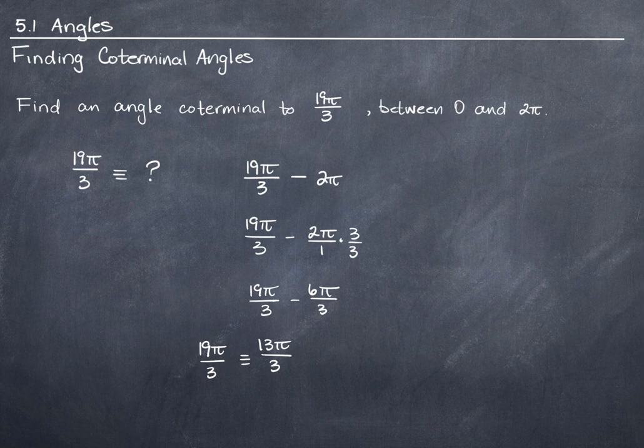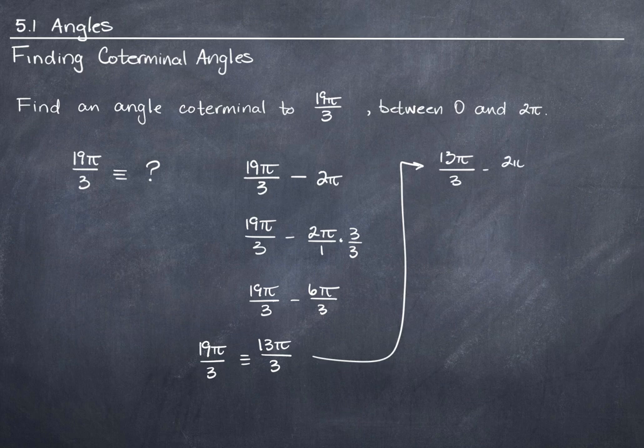But is 13 pi over 3 less than 2 pi? Well, 3 goes into 13 at least 4 times, because 3 goes into 12 4 times. So this number here is greater than 4 pi, right? And we need it to be less than 2 pi, so we're not done yet. Let's take this and do the same thing again, 13 pi over 3